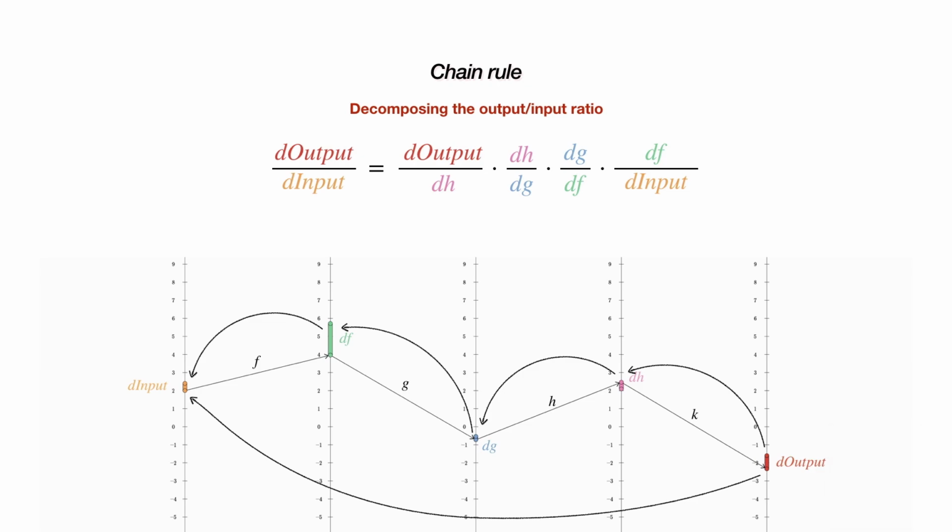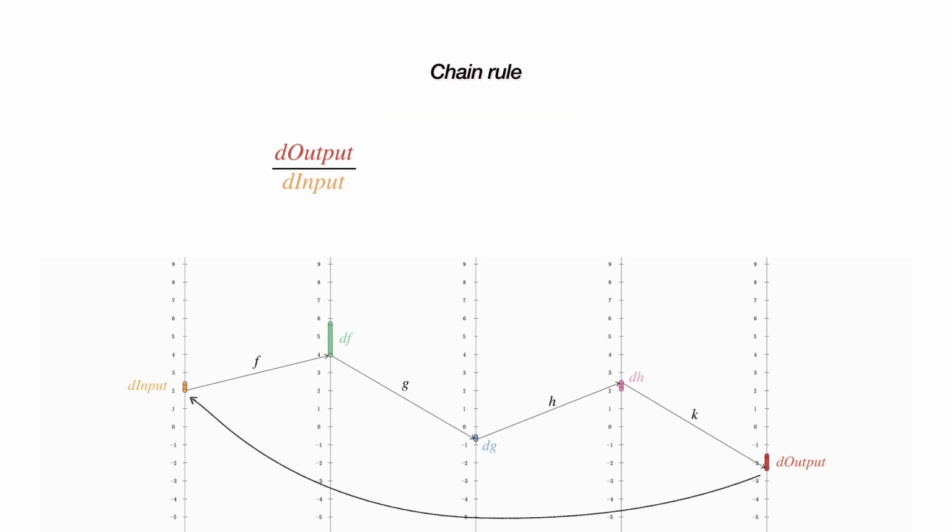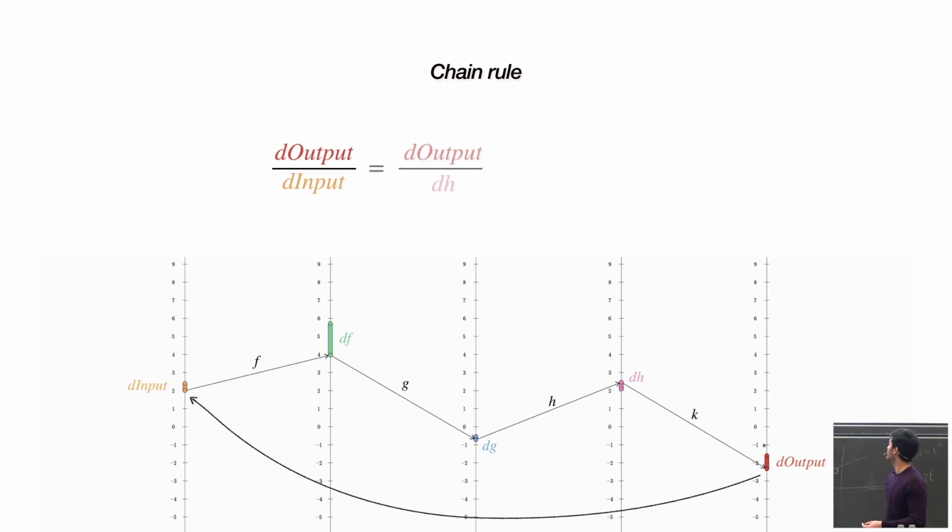Also, an interesting thing is that because these middle steps are not necessary, they can be crossed out. So as you can see, I can cross everything out and again finish with the output over the input. But not crossing it out will significantly help me to actually compute it. Okay, this is not the only way I can do it. I can decompose it, for example, in this way.